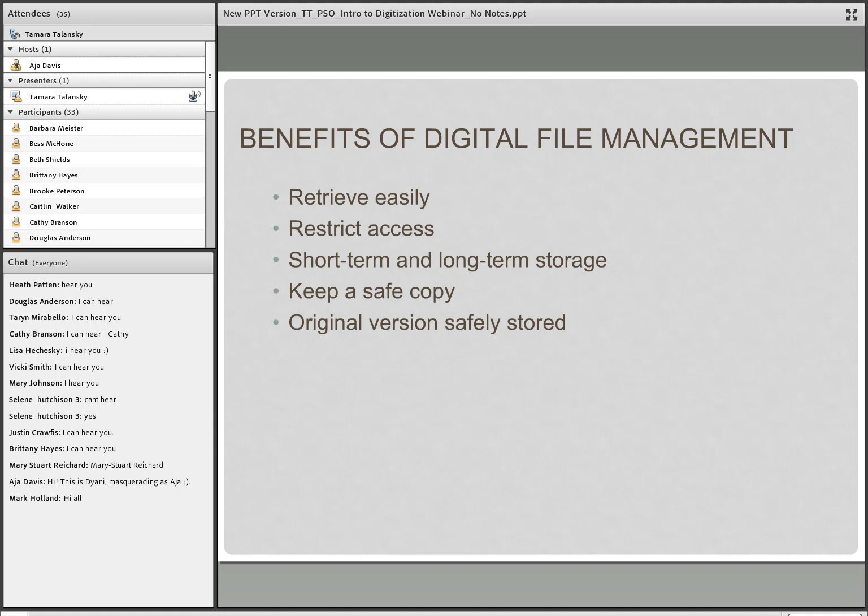Digital files can be saved in secured environments using a server or encryption. You can store the documents for both short and long-term use, and you can keep a safe copy to avoid disaster. With digitizing large collections, since only the digital version is being used on a regular basis, the original analog version or document can be safely stored away and protected from the day-to-day access and common disasters.